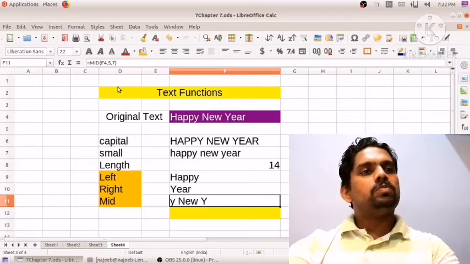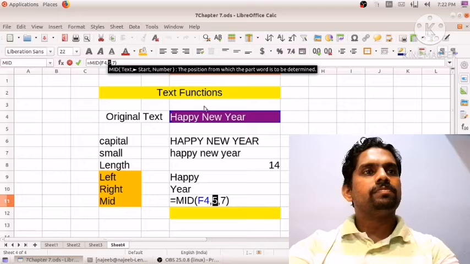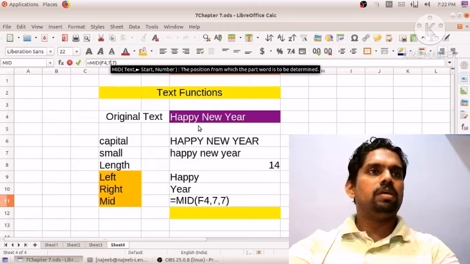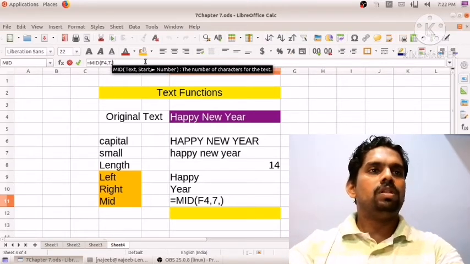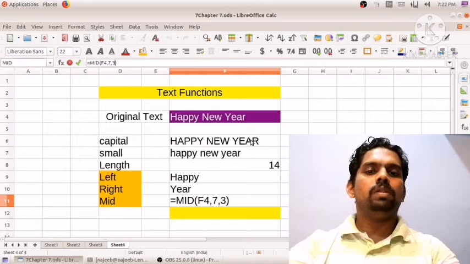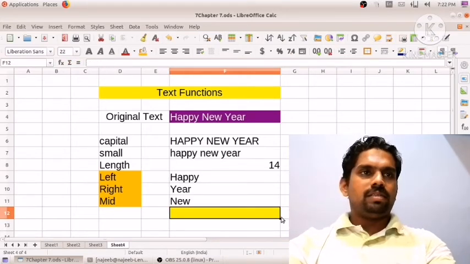So if you want to display new only, for that purpose we can just use 7 onwards, we want to display 7, 3. Okay, 7, 3. That means it will start from the N, then 3 letters including the N, so new will be displayed. Okay, so that's all about the text